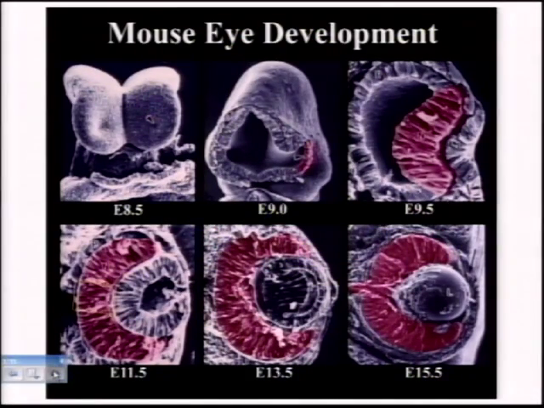And so I'll focus in, this is a scanning EM of mouse eye development going through the different times. I think some of you are familiar with mouse developmental genetics, but these letters E8.5, et cetera, refer to the time after conceptus, after the egg is fertilized during embryo growth, and the numbers refer to the day. So E8.5 is 8.5 days after the egg's been fertilized in utero.